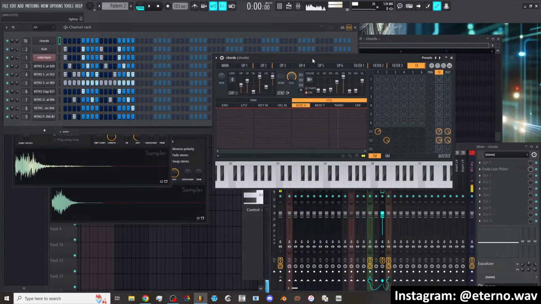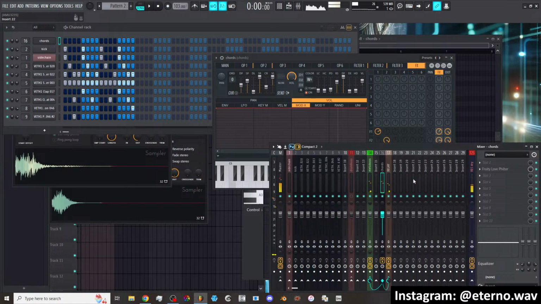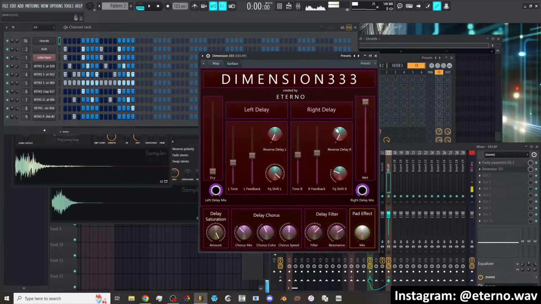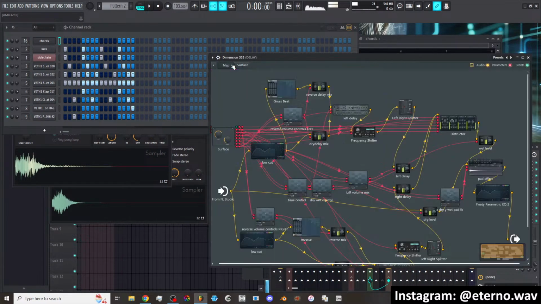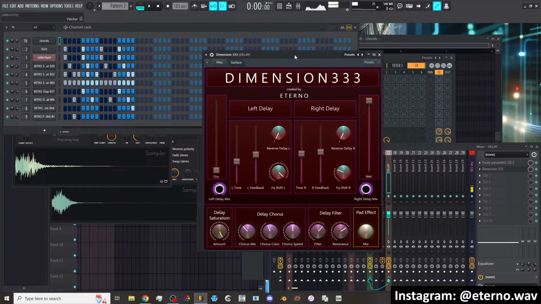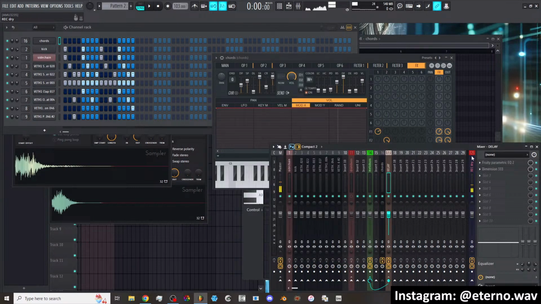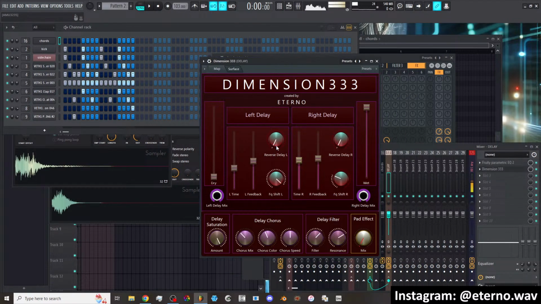I started off making this sound in Citrus. And then I added some delay to it using a plugin effect thing that I made in Patcher called Dimension 333. Which is doing delay on the left and the right side, separate timings, and then it has some chorus on there and some filtering and resonance on that chorus and a little bit of saturation and some frequency shifting on the delays,